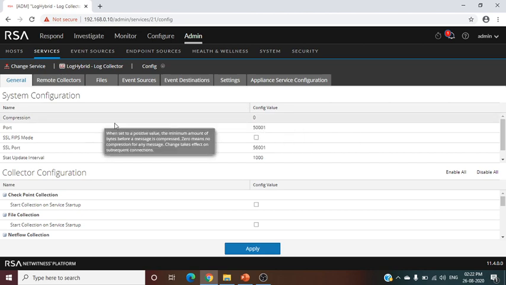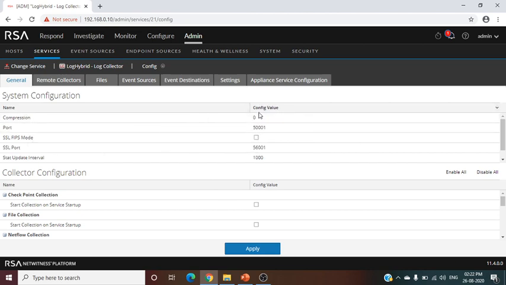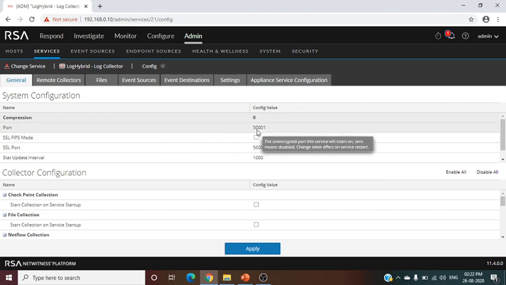Under system configuration you can see the compression. It is 0. You can define any value. If value is 0 means there is no compression. Whatever logs coming from log source it will process without compression. Now the port number, the default port number used by the log collector is 50,001.